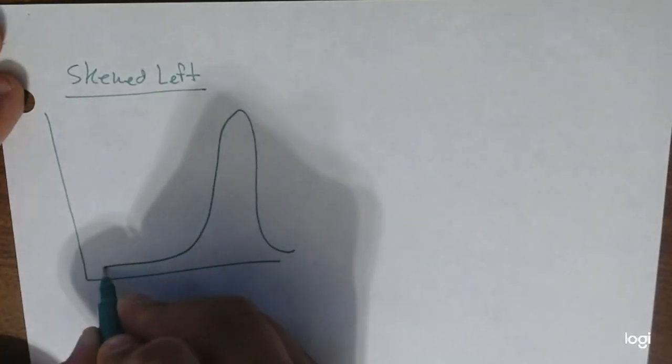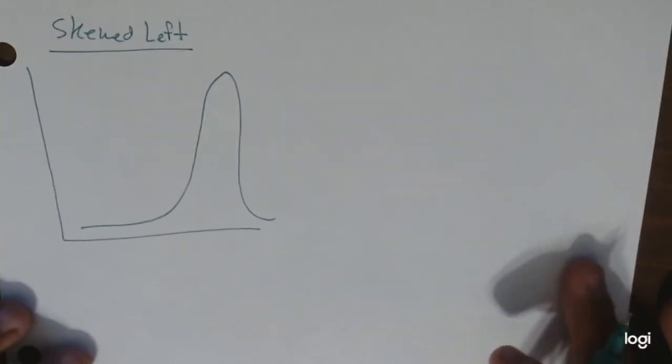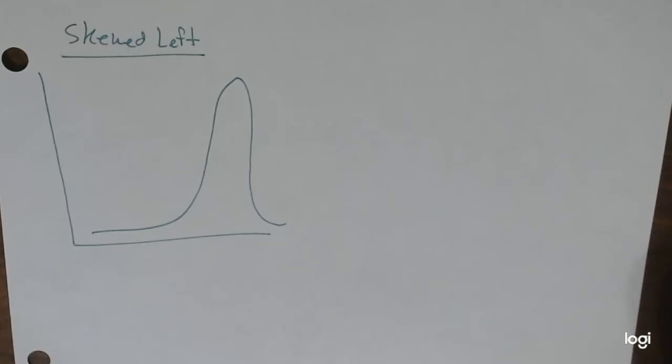The tail end is going to the left. Now, I said earlier that it's skewed left because the tail end is going to the left, and I kind of lied. Just to give you guys a bit of information, the real reason why it's called a skewed left graph is because technically, if we find the mean and median of it, most of the time the median will always be